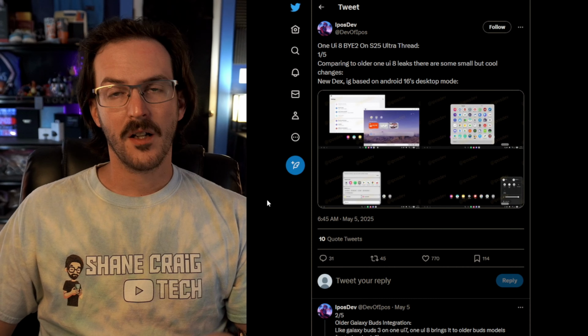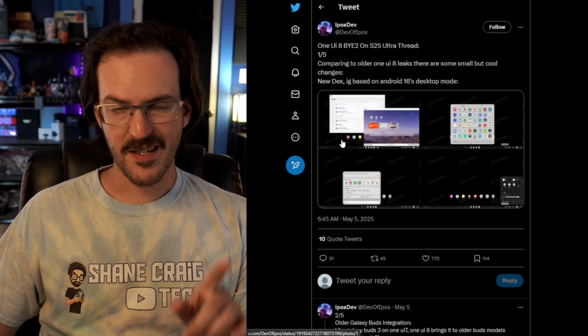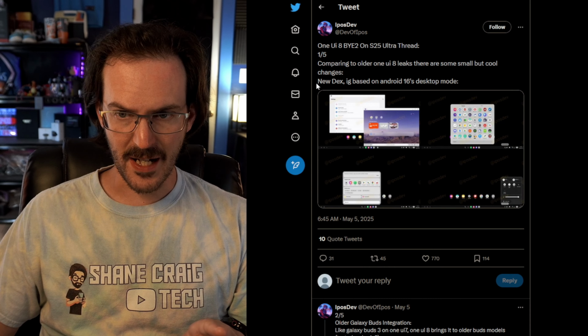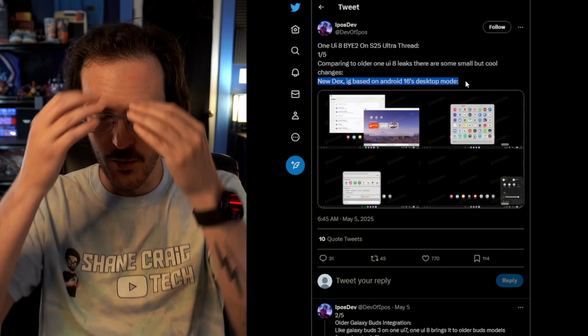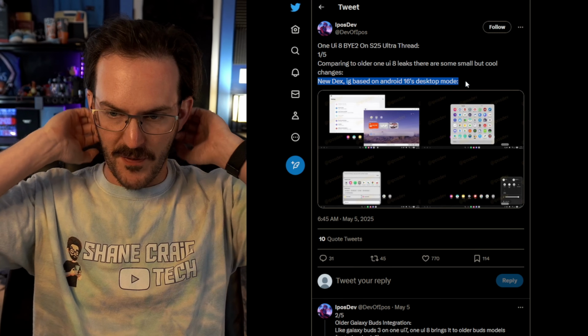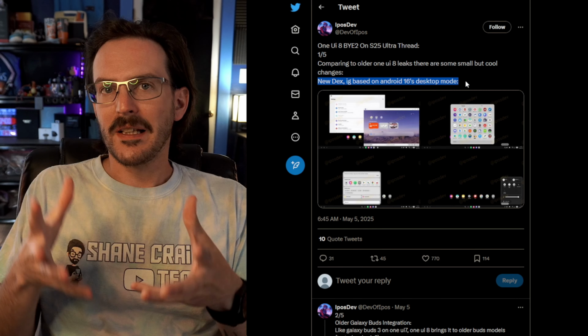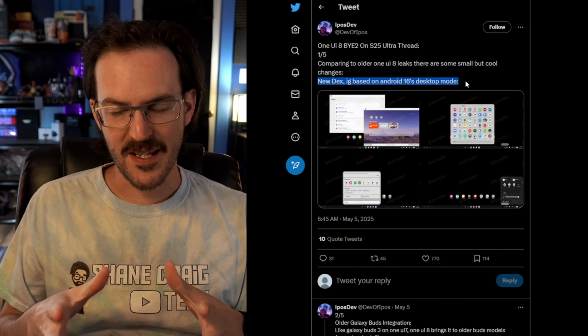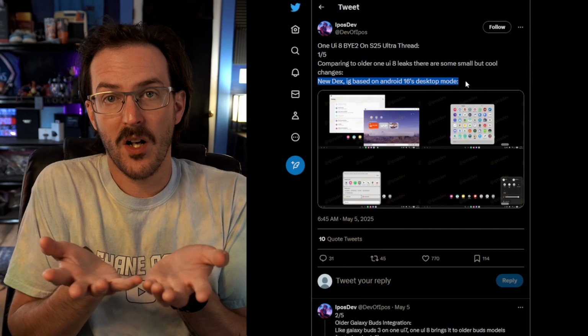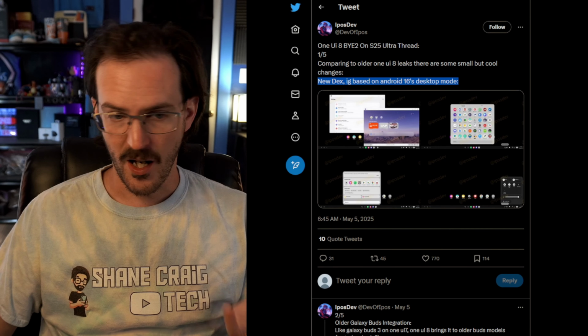Now, what's interesting here is that this tech leaker said that this new DeX is based on Android 16's desktop mode. Now, what I find interesting about this is that you don't really see anything visually that would indicate that being the case. Obviously, we can't tell what's going on under the hood with how DeX is now running, but in terms of the visuals, there just really isn't a whole lot there, really at all, that would make you